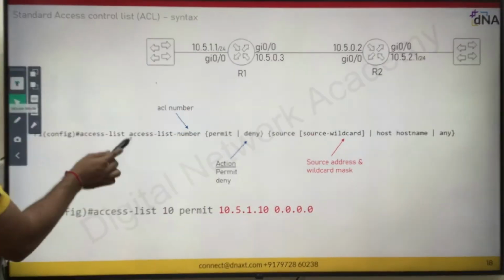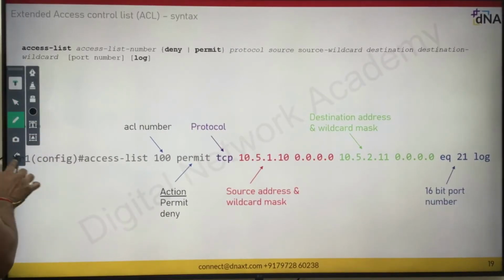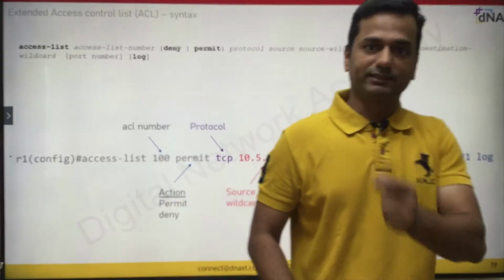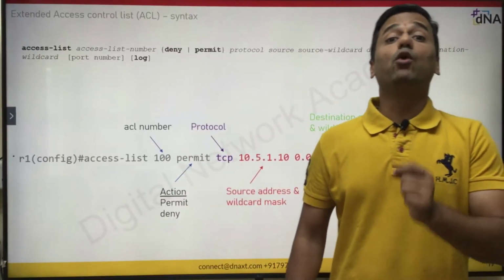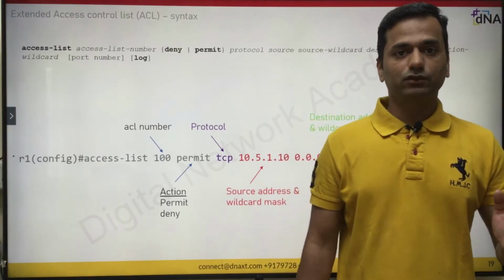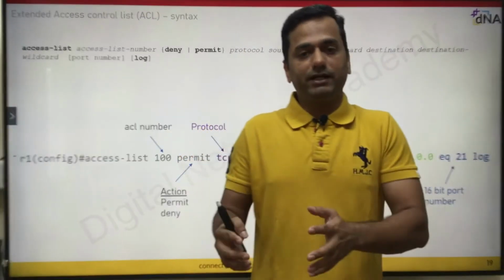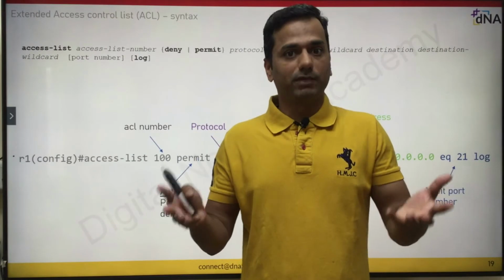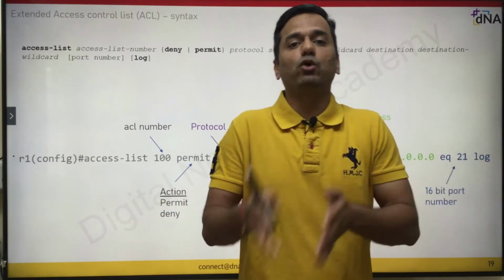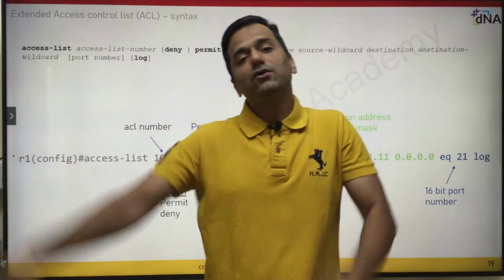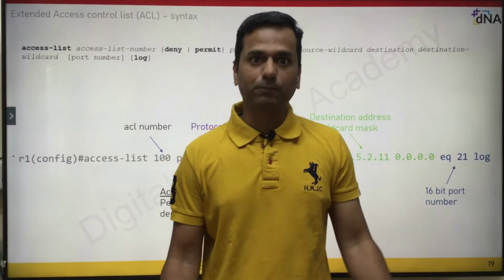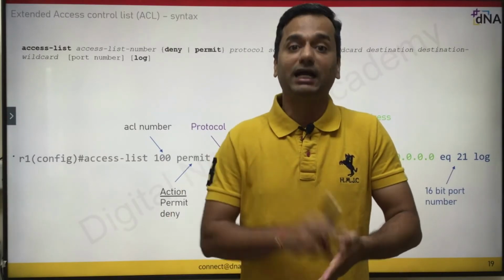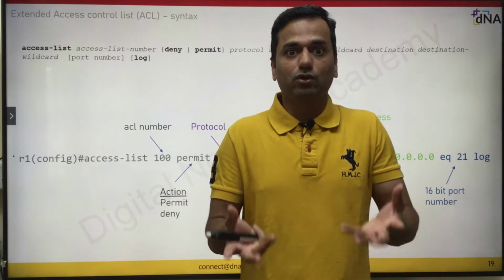Next, yes, standard access control list. Of course, the extended access control list filters the packet based on the source IP, destination IP address, protocol field and the port number. Source IP address: you can match a subnet or single host. Destination IP address: you can match an entire subnet or single host. Same. Port number, what is a port number? It means a 16-bit port number, starting from 1 to 65535. What is the protocol field? Protocol field means TCP, UDP, IP, EIGRP, ICMP, OSPF. These kinds of protocols you can also match.